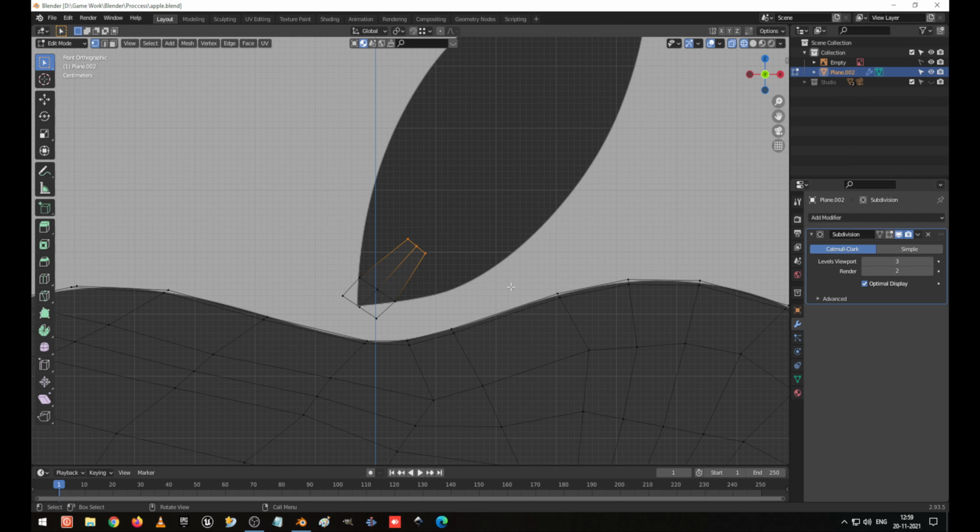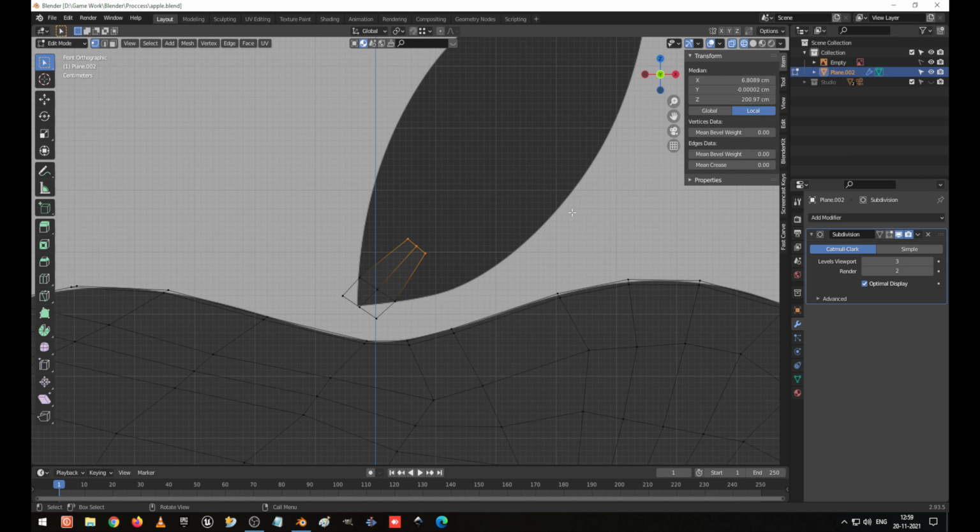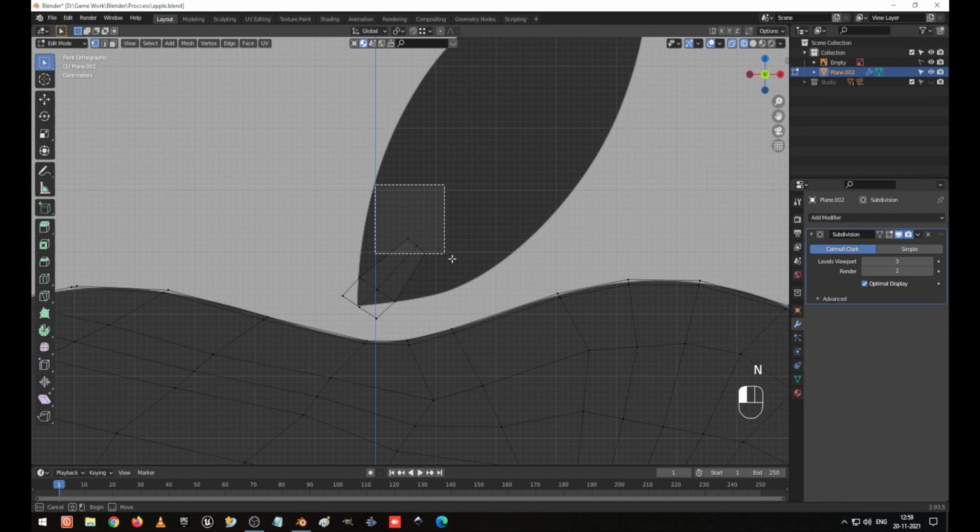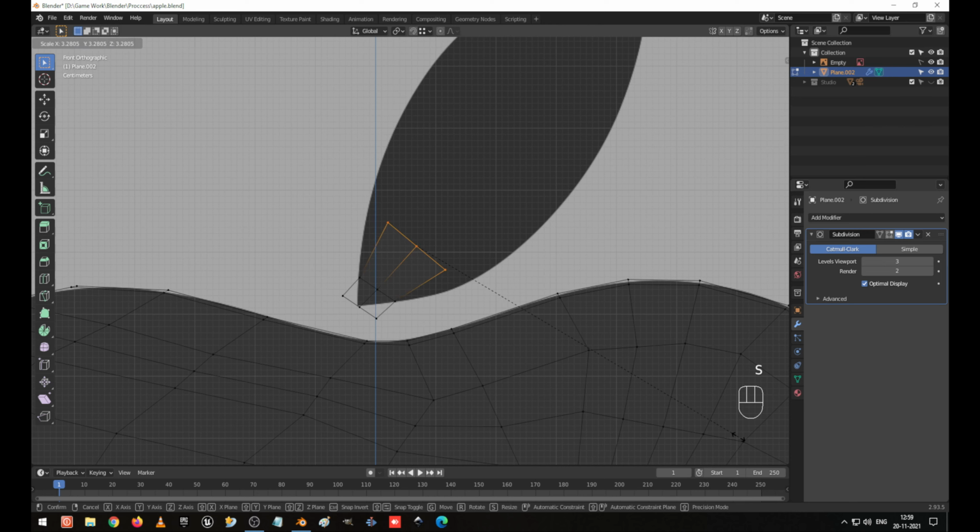Okay, now we are going to scale this one, the selecting that. Before that I turn on the screencasting. Now I select these top three vertices and press S to scale. So scale it like this,